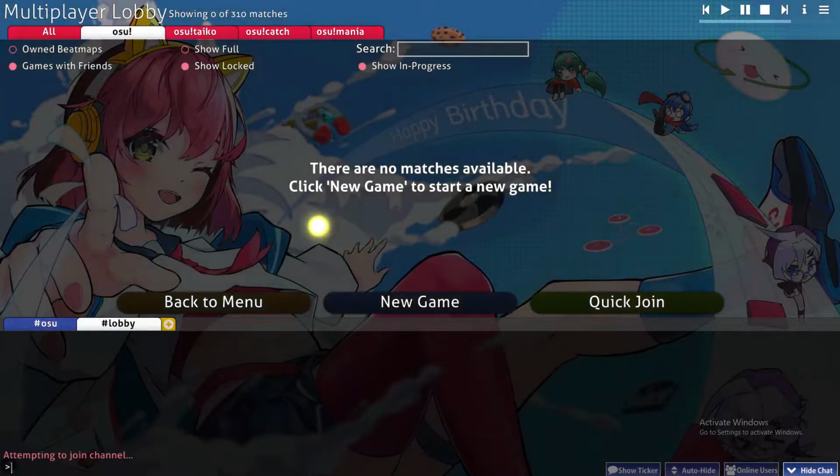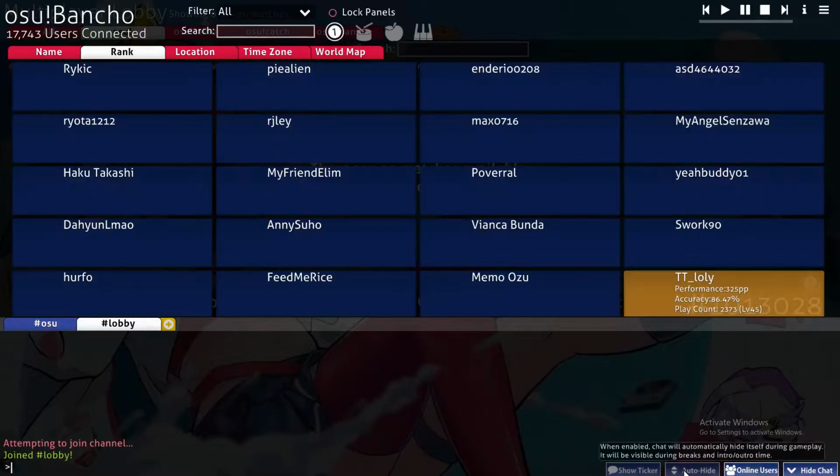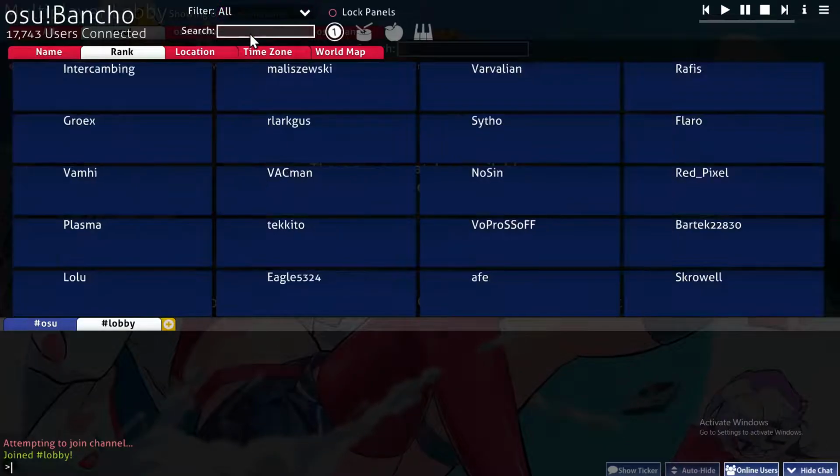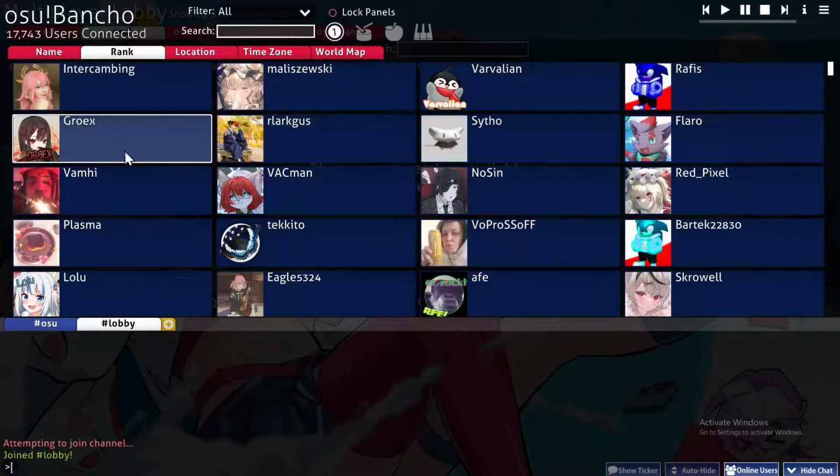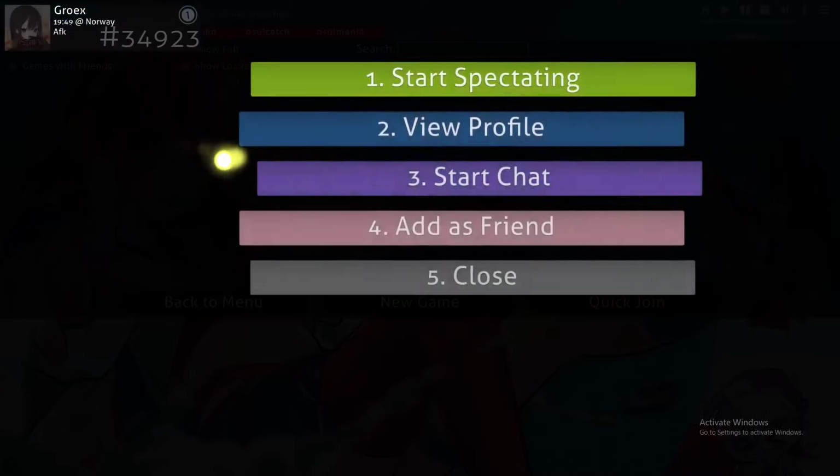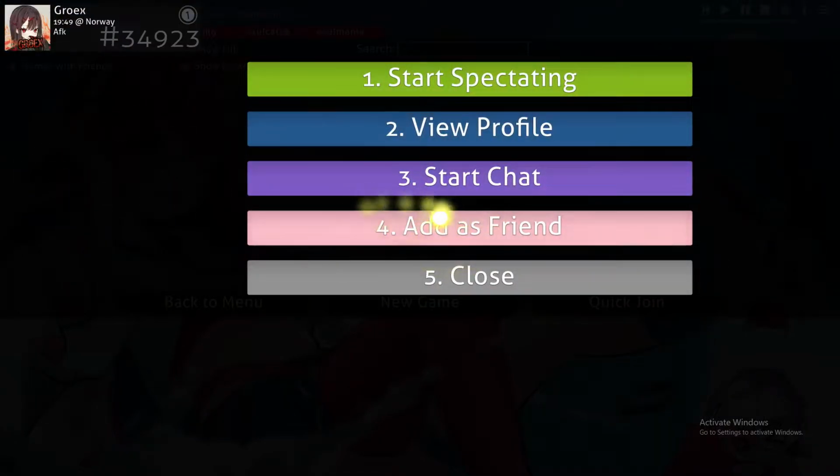From here you can add your friends and talk to other users by searching for them here, and do whatever you want, like search for your friend, click on them and start chatting, or add a friend. After doing so, you can start spectating them live in whatever they do. You can see their performance, or you can go back,